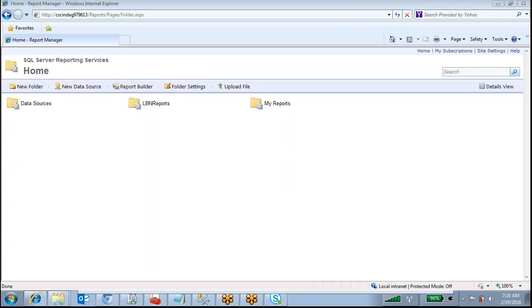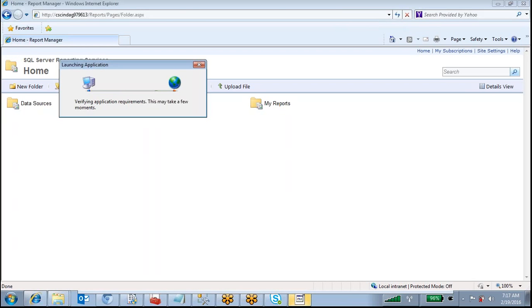So you don't need any knowledge of SQL Server or creating the reports. This report builder is a separate part. He can build his own reports and he can save the reports. See, verifying the application requirements, this may take a few moments to connect to the report builder.